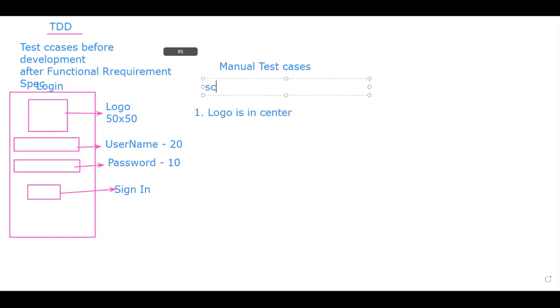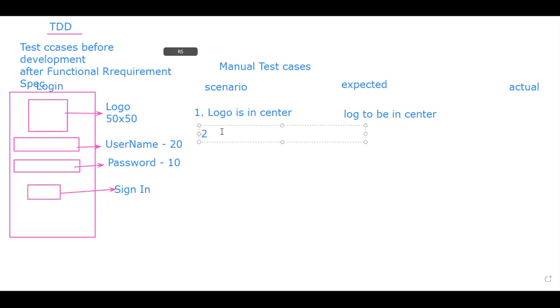So let's keep this as a scenario. Expected and actual. Actual will be filled after testing. So what is expected? The logo to be in center. That is one test case.